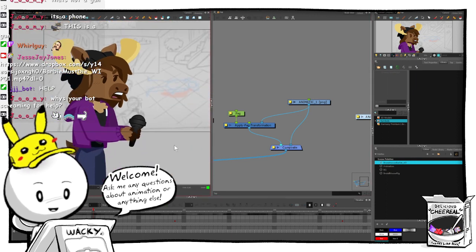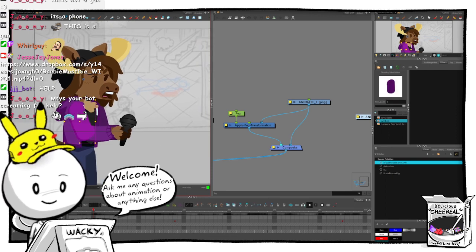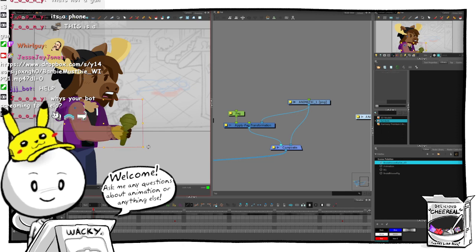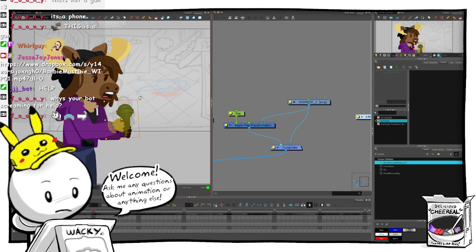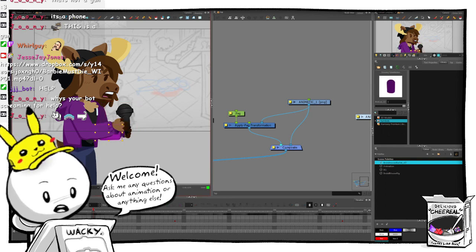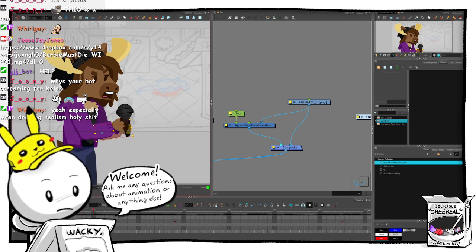Boy, even a few pixels make such a big difference with eye direction and stuff. A few pixels really make all the difference. Really excited to finish this.